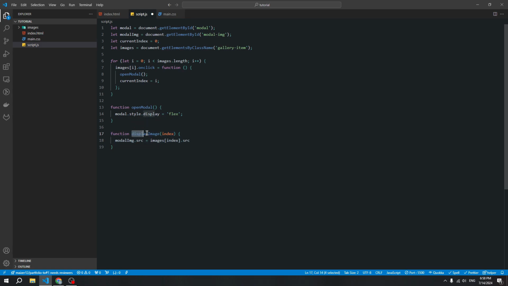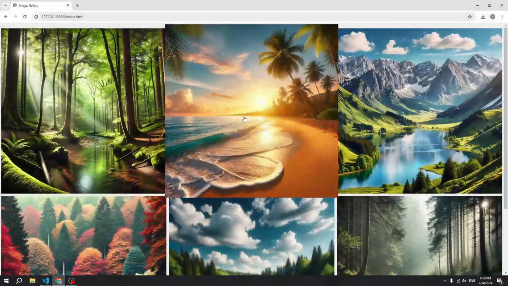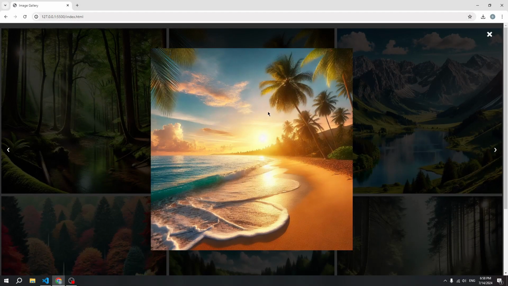Okay, our function is ready, and next we can call this function here, and we can add currentIndex or we can add index. It doesn't matter because it's the same number. Okay, let's look at the window. Like you see, our modal works, but next step we need to create logic to switch our images and